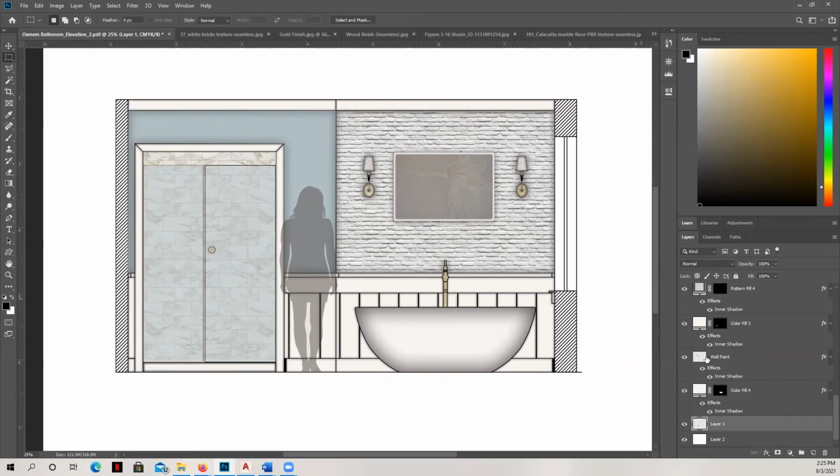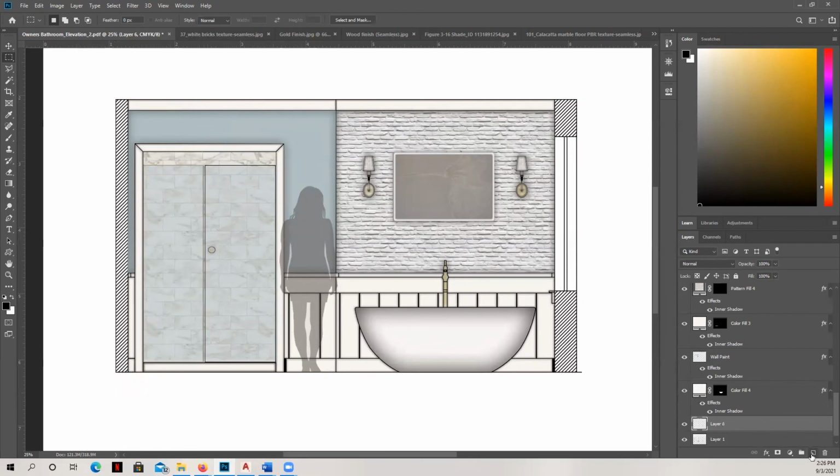Okay, there's one more thing I want to teach you before we leave this, and it's not going to be very obvious on this plan, or pardon me, on this elevation because of our light background, but it's a skill I want you to know how to do, because in certain settings, it can really add some wow factor to your rendering. And that's, I'm going to add a little bit of a glow to these light fixtures. Now, in previous plans, I've added a glow to the window, and we haven't really done it on a wall surface like this, but it can make such a huge difference.